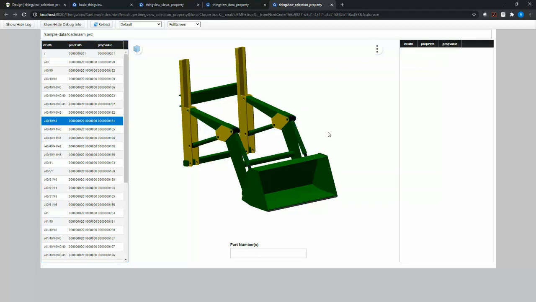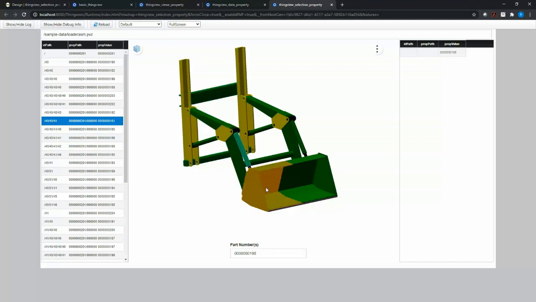Now, similarly, I can go the other way, and I can select an instance of an object here, and it will populate that into the data table. And now we go the other way with cross selection. So now I'm actually able to react to what is being selected. I can even parse that out and do something as simple as display the part number that the user selected. So that here, I can now select anything in the session, and I can display that based on what the